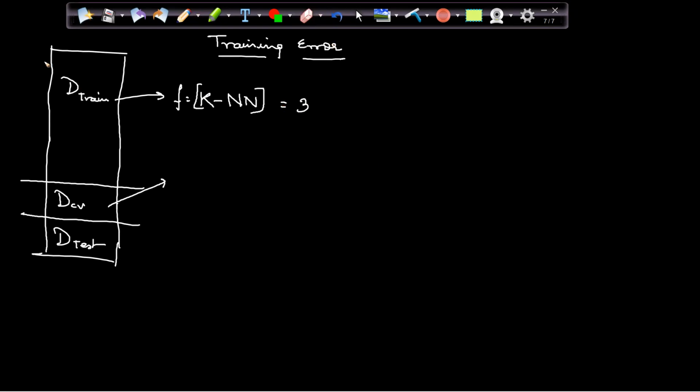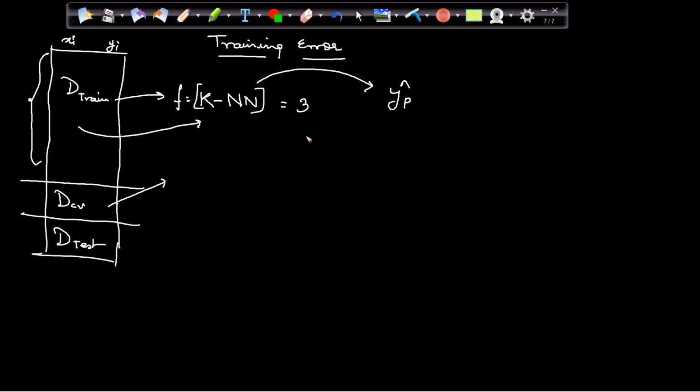Now there are some set of records in D train which consist of xi's and yi. The model which I have created, I will pass all these records which are there in the train in the model, and I will get some output, y predicted. Here we are training the data on the train. We are getting the k value from the CV, and then we are using the train data itself and passing it in the model to get the predicted value.